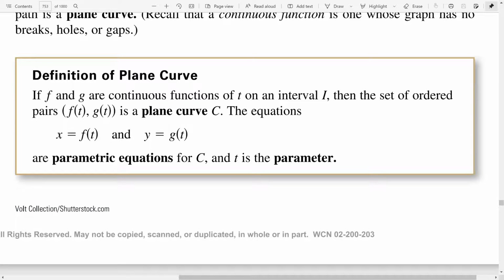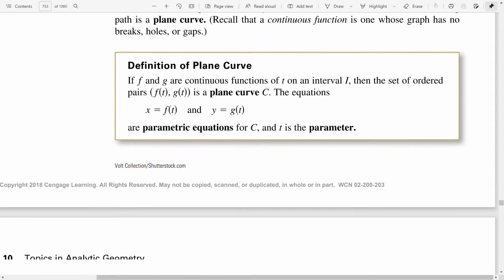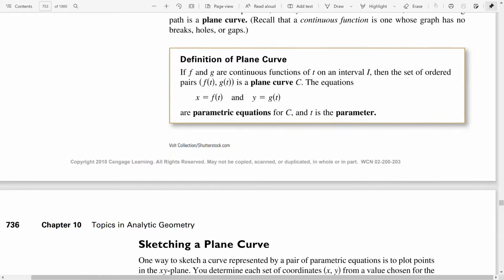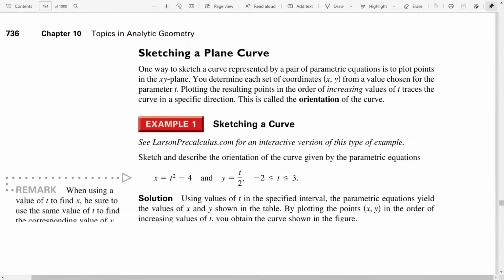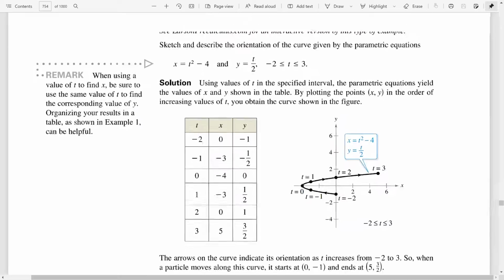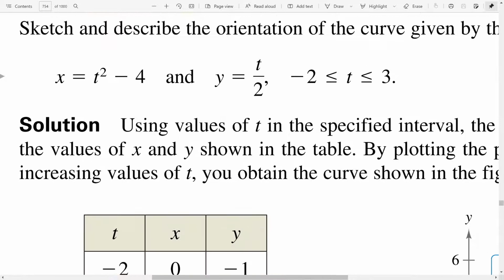So for a plane curve, we have an x parametric equation and a y parametric equation because it's a two-dimensional space, as opposed to 3D, which is three-dimensional. t would be the parameter, the third variable that we're using to make a function of t for x and a function of t for y. The way you would sketch a curve is you could just use a table method. Given, for example, these two parametric equations, x equals t squared minus 4 and y equals t over 2,